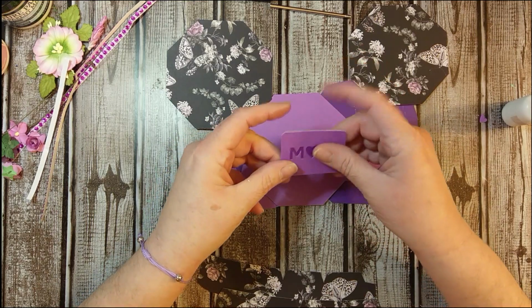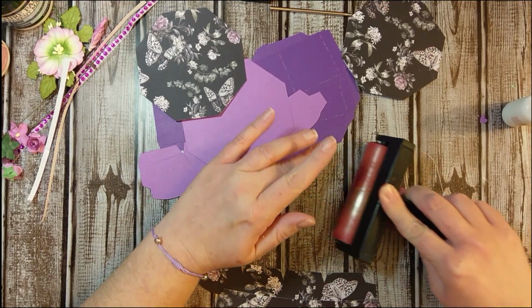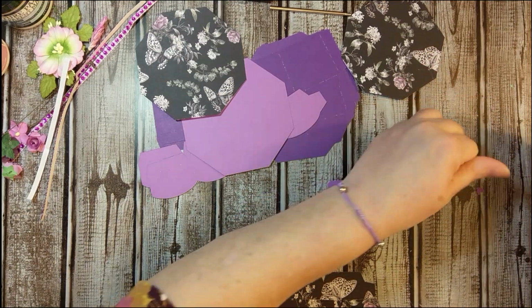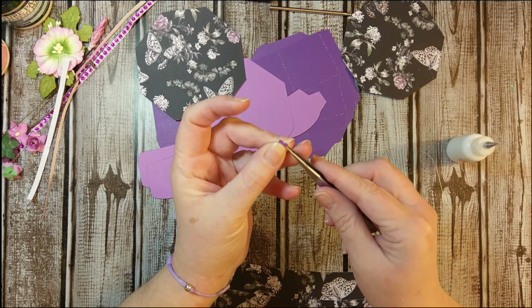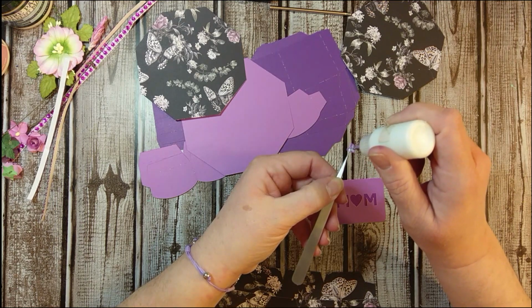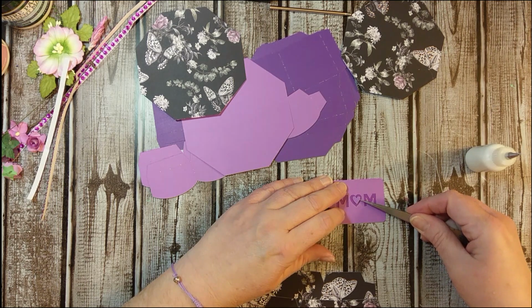Okay, and then I always use my roller just to kind of smooth it out, make sure there's no bumps. Then we are going to take the little heart. I'm actually going to use my little tweezers, and I'm going to put just a little bit of glue on the back. I'm going to put that right in the center,